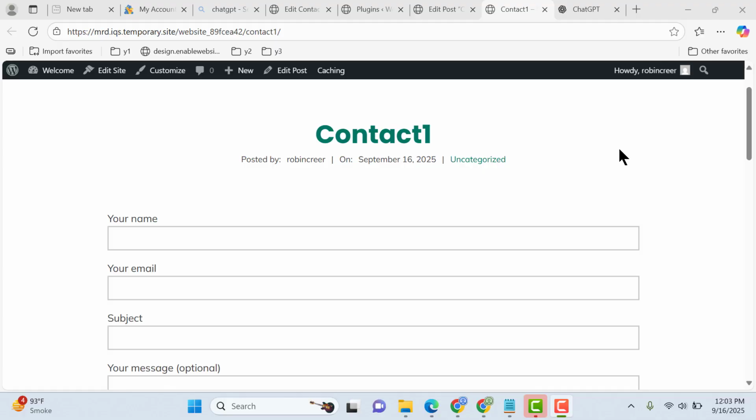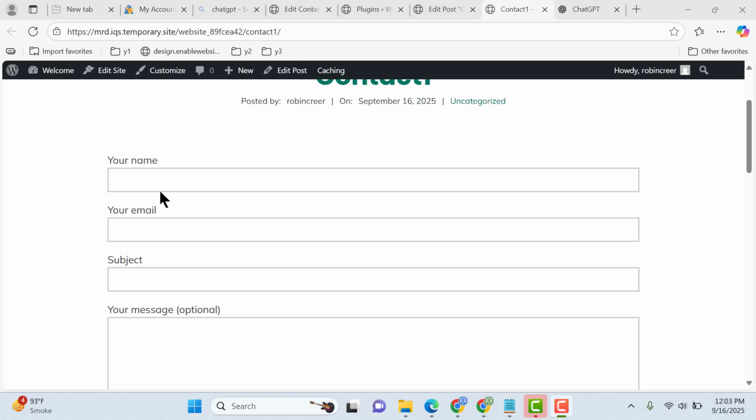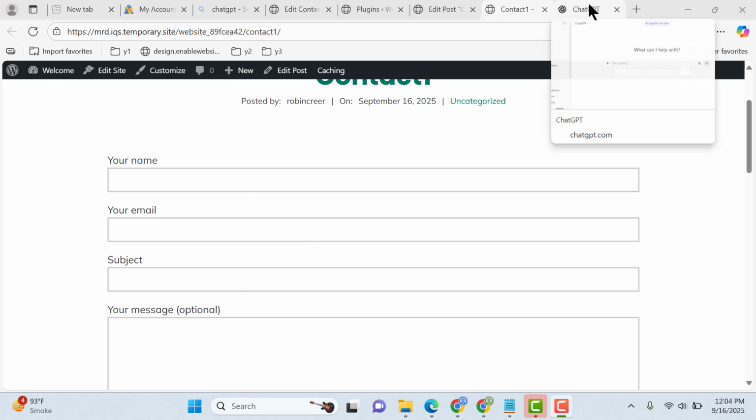In this video, I will show you how fast you can generate a WordPress contact form code using ChatGPT. Here you can see I have a simple contact form. So if you want to add additional fields, you can also replace existing fields. For example, I don't need the subject field, and I want to add a phone number field and some additional fields. So let me go,